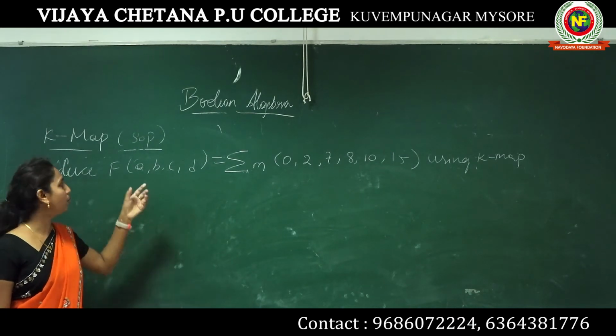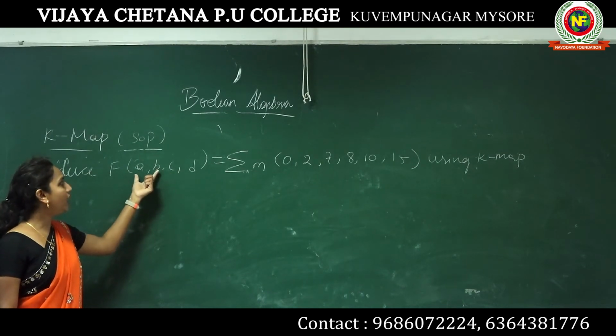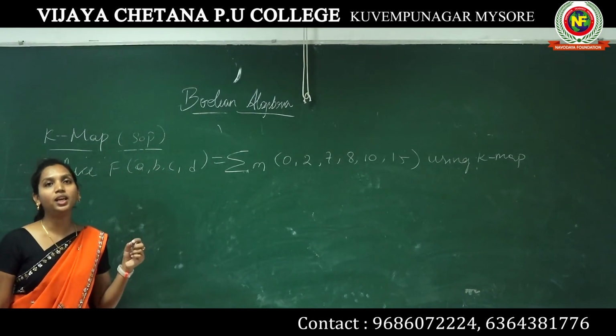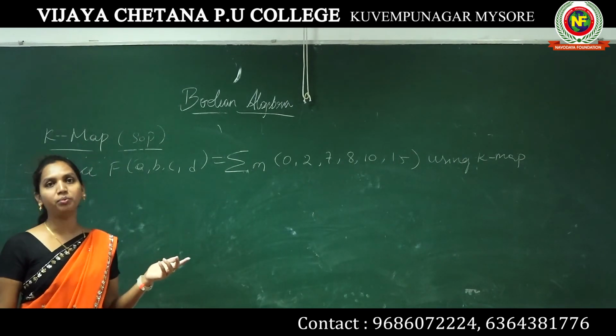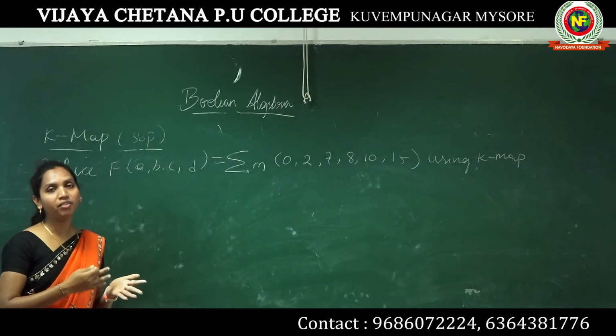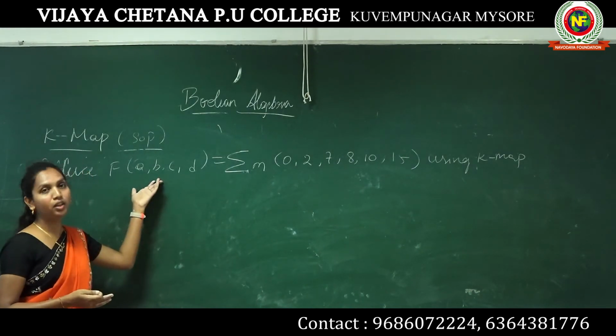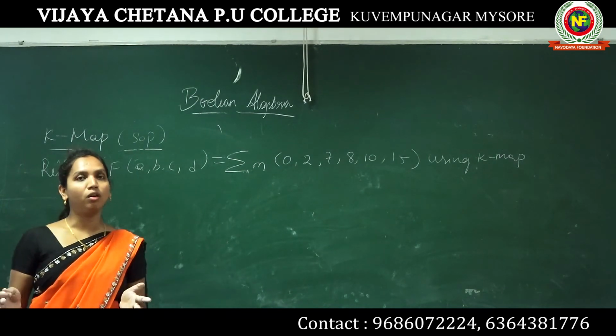First you have to confirm what variables they have given. So here they have given ABCD, but if you are using XYZ in the K-map, that will be a completely wrong problem. You have practiced with a different variable, but if you are not using what they have given, your complete problem will be wrong.